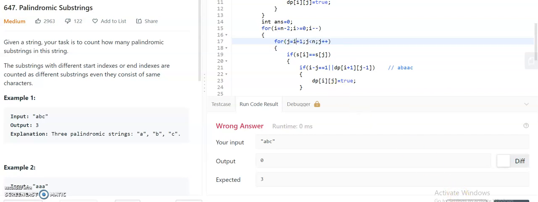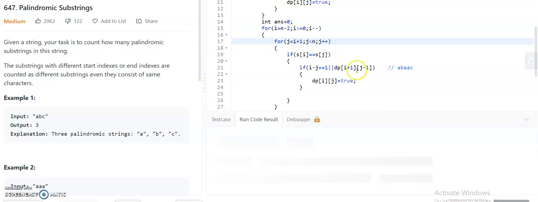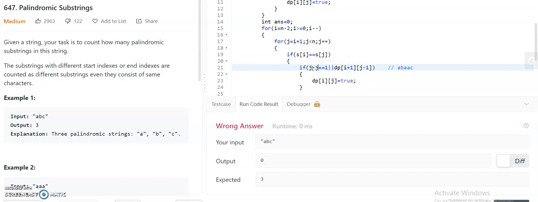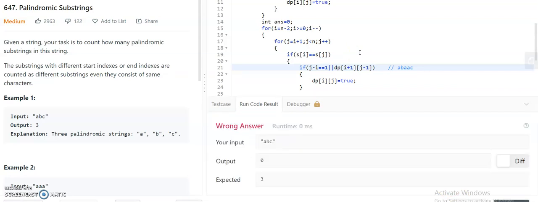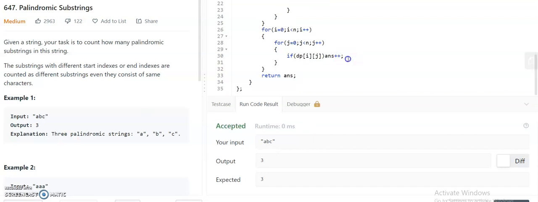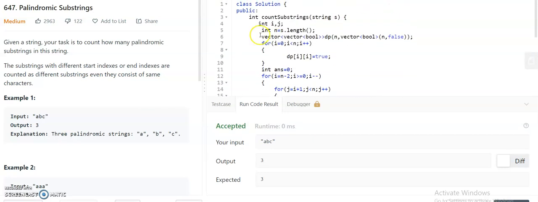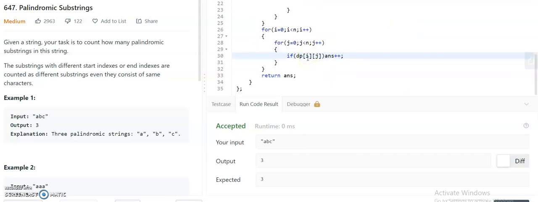I think here also it should be j minus I. Okay, I found that here I mentioned j. It is not j, as I am seeing for the single letter I have to put I. Sorry for that. Then we will run this.